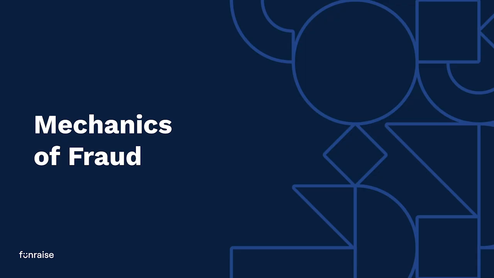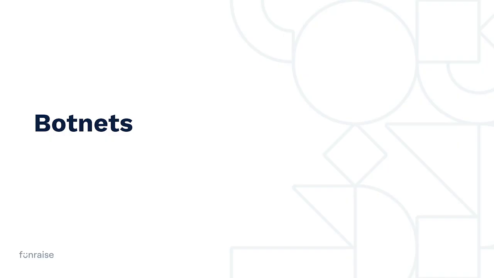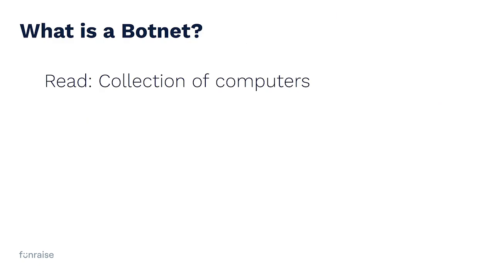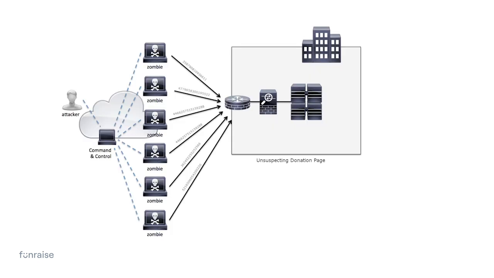What you get there is a mechanical aspect: folks deploying botnets, essentially. And botnets is just a fancy word for a collection of computers. That's all it is. These fraudsters will target nonprofits with botnets. They get a batch of cards and try a bunch of them really quickly. You just have a bunch of computers, which could be collected via a network of malware. So you have a bunch of computers infected with malware. You can control them, and then you target a poor, unsuspecting donation page.